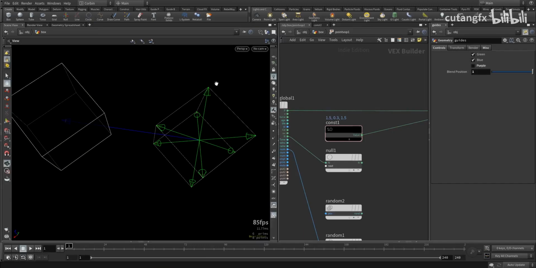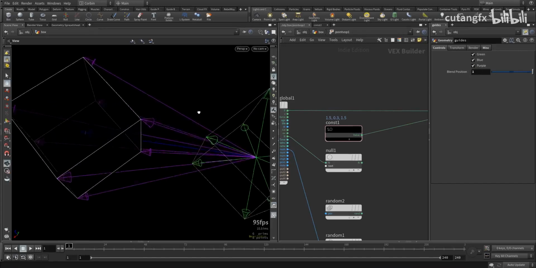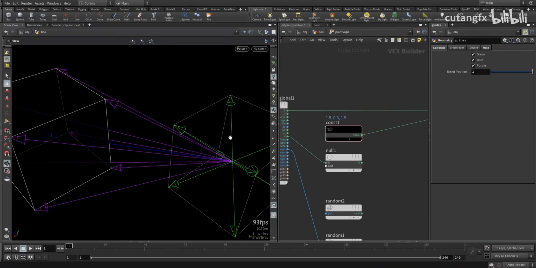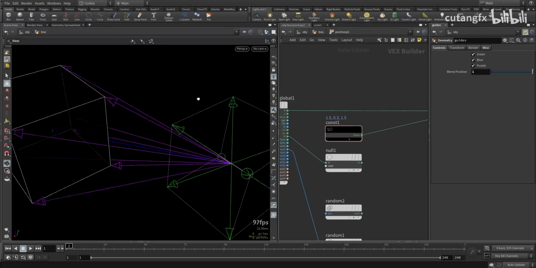And that means that each point is having that same value added to itself, but because it's starting in a different position, this green vector plus that blue vector would result in a different purple vector than any of the others. So if I switch on purple, you'll see this is the result of saying green plus blue is purple,